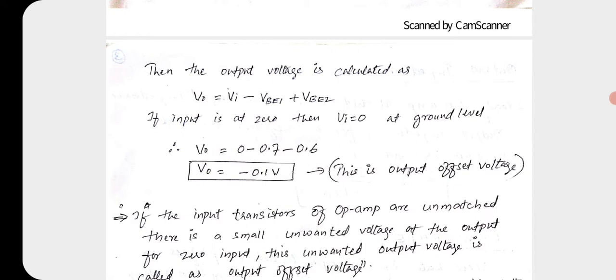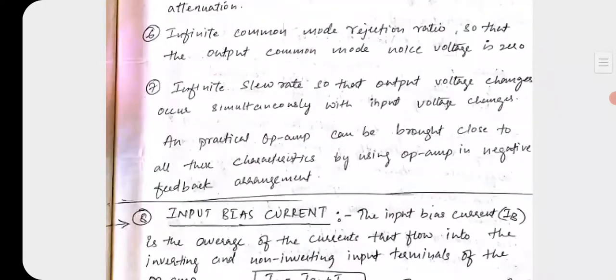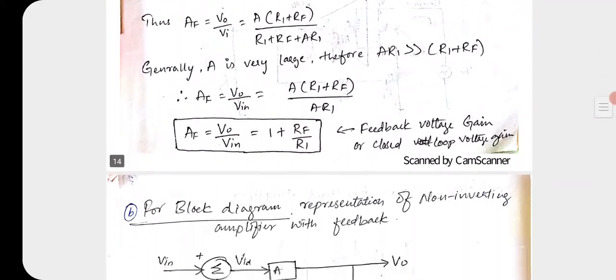We can nullify this particular voltage. V naught equal to minus 0.1 volt, right? We can obtain this as V naught equal to 0 volt. To obtain this as 0 volt, we need to apply an input offset voltage, right? We need to apply a voltage so that this output becomes 0. The voltage we apply is called the input offset voltage. Now how to do this? It has a circuit. That circuit he has drawn here in this topic. I'll take you there.